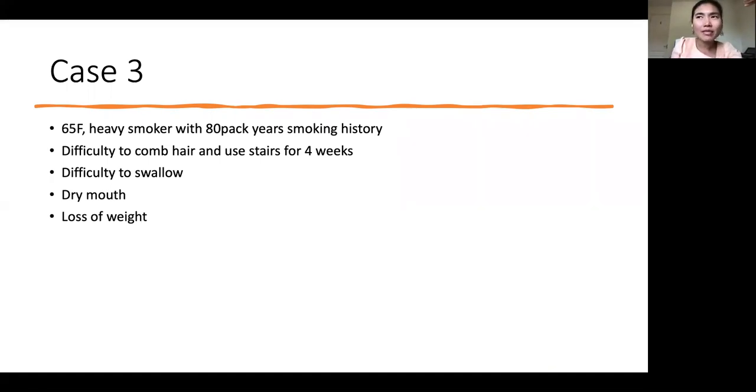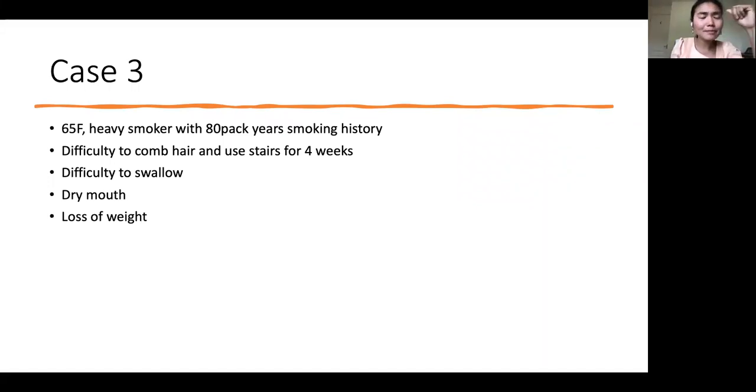When you report something to a senior, for example, smoking history, you cannot say just heavy smoker. You really need to be objective and use the term pack years. Pack year means how many cigarettes per day divided by 20, multiplied by years. So this lady has been smoking at least like four cigarette packs. I cannot calculate that, I don't have time at the minute to recalculate how many cigarettes per day, but